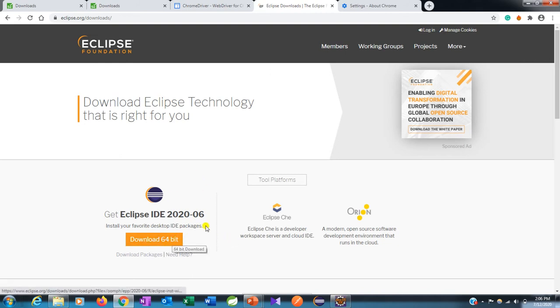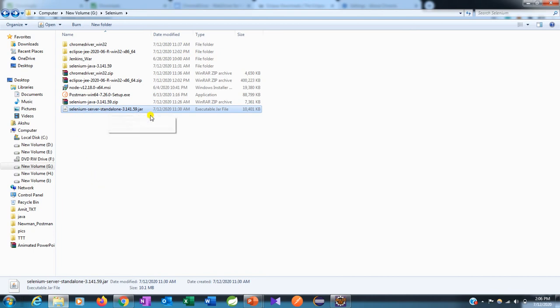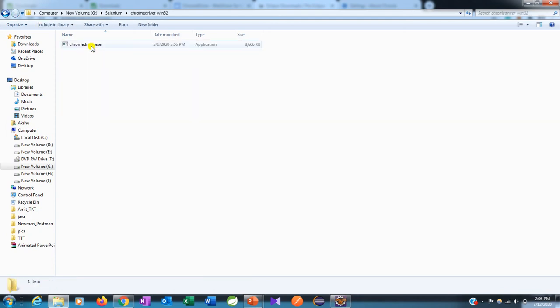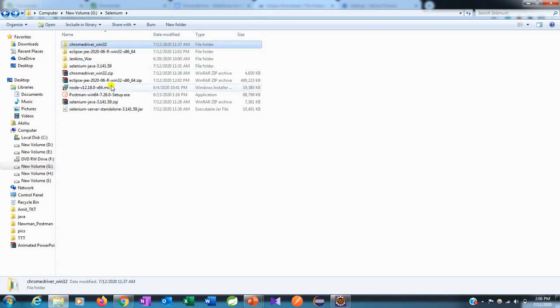Once you click on this, it will start the download, and it gives you some options based on other countries for download purposes. So you can choose India, and once you click on it, it is almost 300 MB. Once you are able to download all these, you can see this part: this is your Selenium server standalone, the latest version of this jar, and this is the Eclipse that I just downloaded, which is 2020-06, and this is my Chrome driver, the latest driver. So with these three things we are almost done on our end,